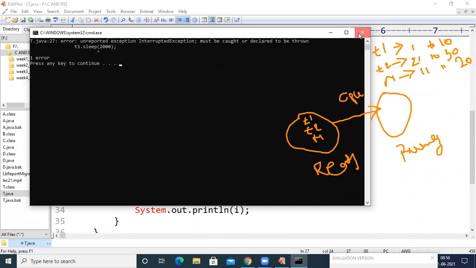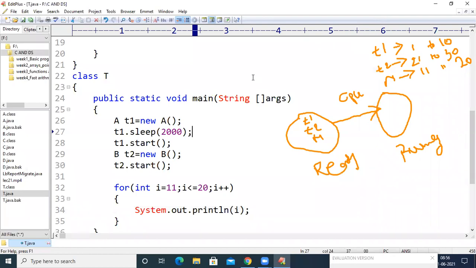See here, listen. When we use sleep, join, suspend, wait, all these four methods will lead the program to an error.